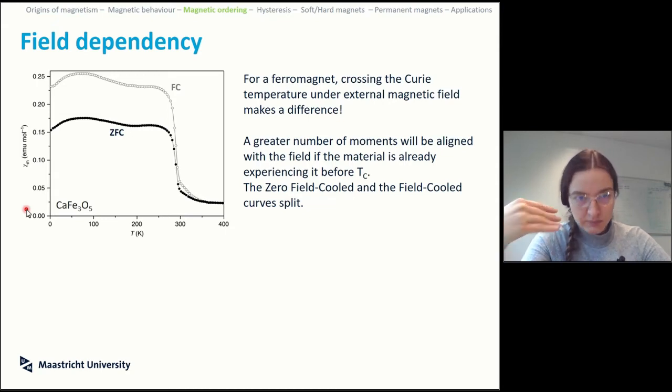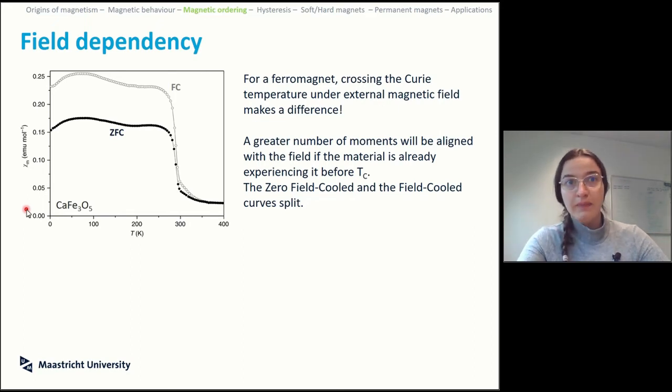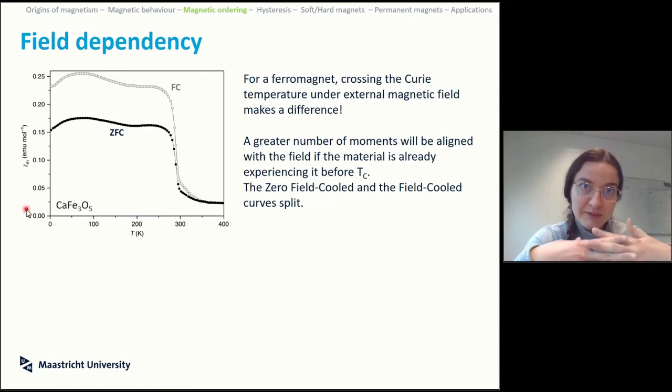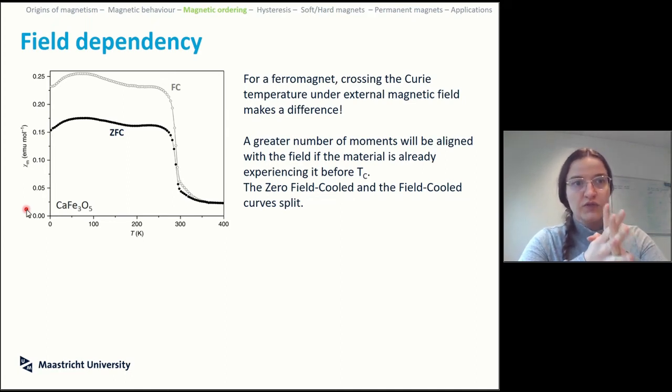Because if you pass your Curie temperature and you're already aligned in a magnetic field, a greater amount of magnetic moments will actually go in that direction. This is the reason why, when you measure susceptibility, you want to know the zero field